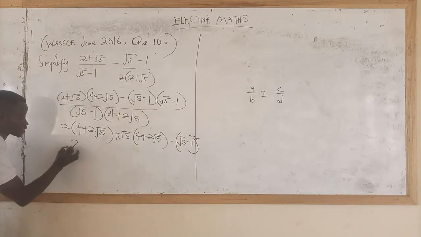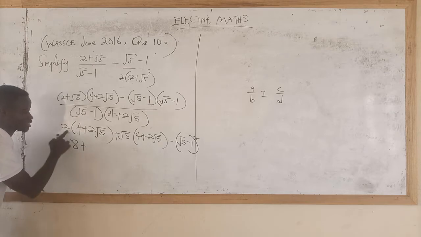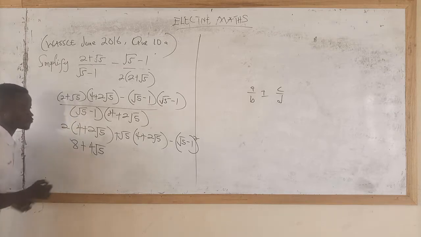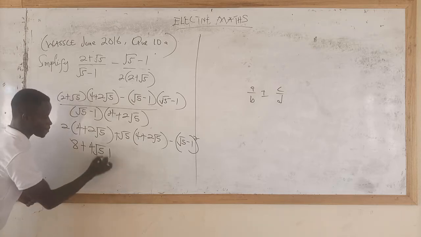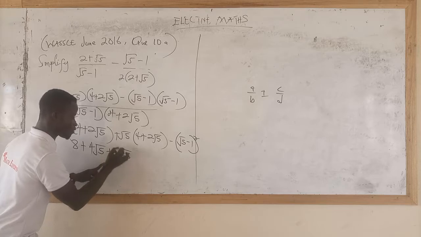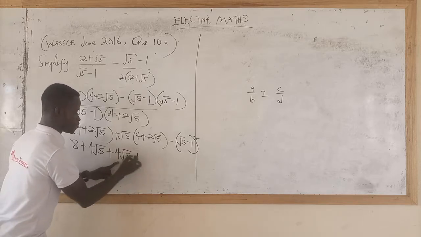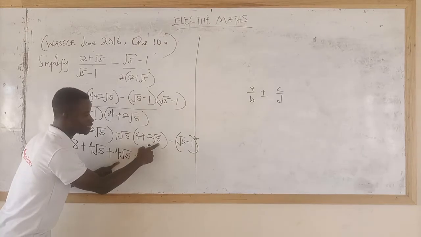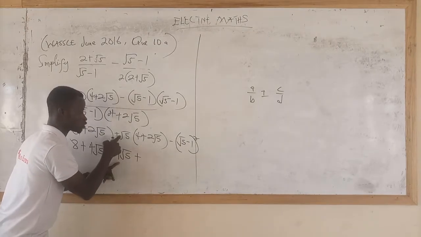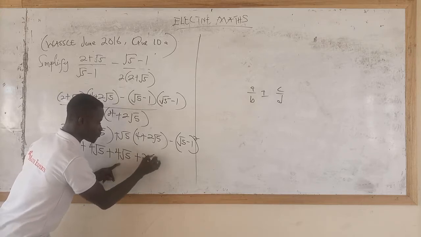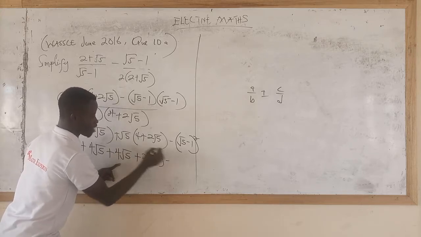This time this is what? 8. Plus this time this is 4 square root of 5. Plus this time this is 4 square root of 5. Plus this time this is the same as the inside. The outside here is 1. So 2 what? 2 multiplying 5 minus,